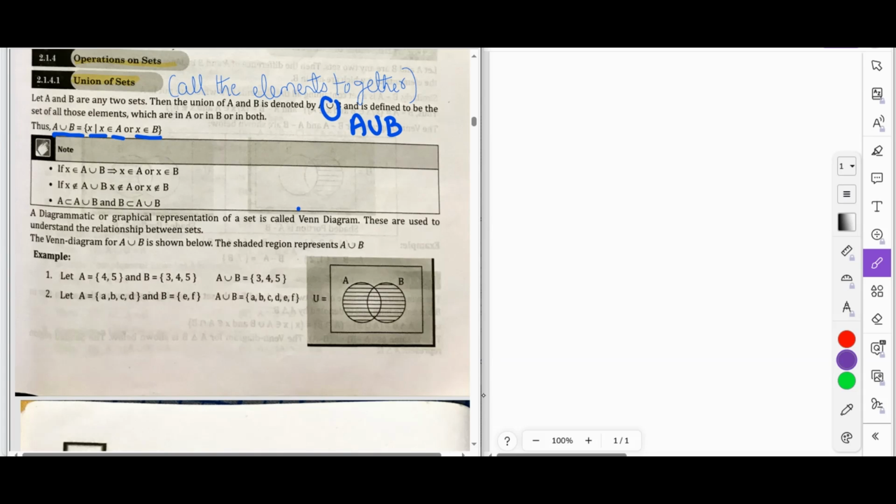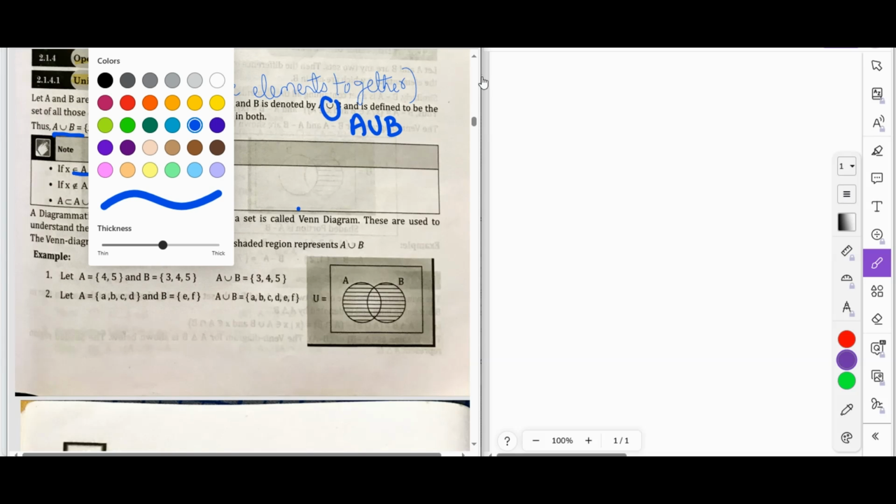If x belongs to A union B, x should be in A or x should be in B. If x does not belong to A union B, then x will not be there in A or in B. Then A is a subset of A union B and B is a subset of A union B. So for example, now we have, for example here,